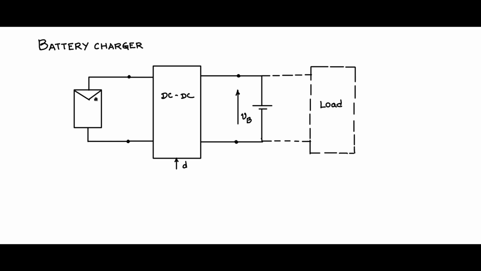Let us say we want to put the peak power from the panel into the battery. Now let us say PM is the peak power. PM by VB will give you the IB, the peak power that is going out of the DC-DC converter. So IB can be controlled by controlling the duty cycle, because VB is fixed, and therefore power can be controlled by controlling the duty cycle, as VB is fixed. So that is the strategy that we want to adopt.